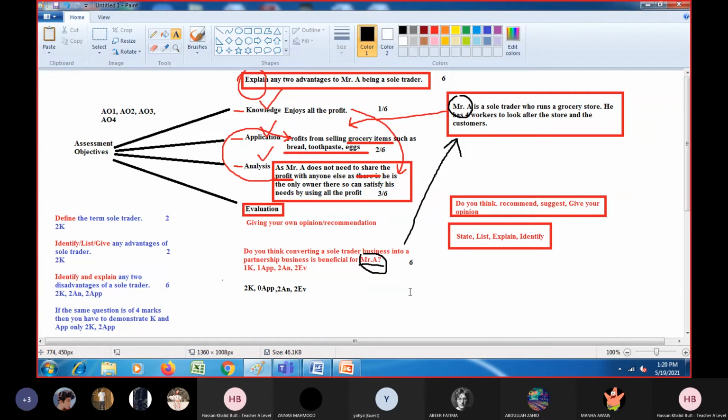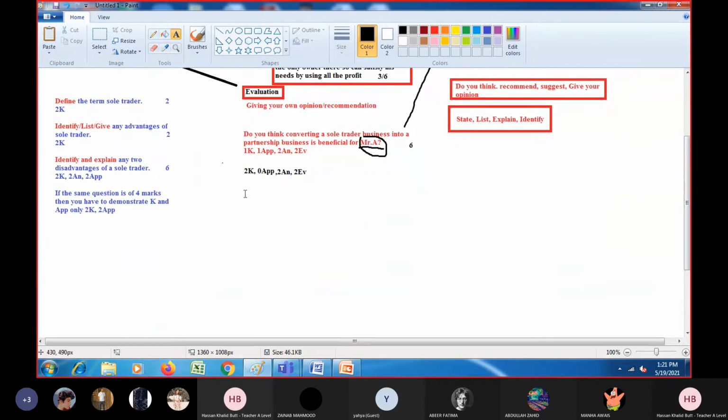Right now, I'm not referring to P2, although the pattern would remain the same, but the marks distribution will be different. I told you there is an 8 mark question and a 12 mark question in P2, and there is a long case study. We'll get back to it some other time. Right now, I'm just giving you the idea of how to meet those assessment objectives, or use those business skills: knowledge, application, analysis, and evaluation. Right now, let's begin the answer.